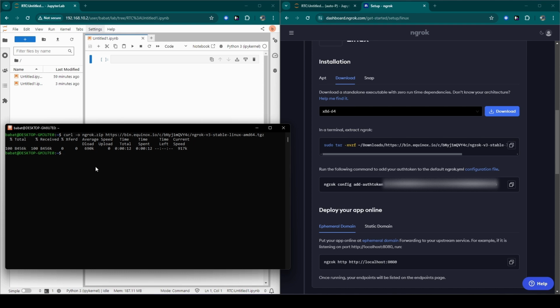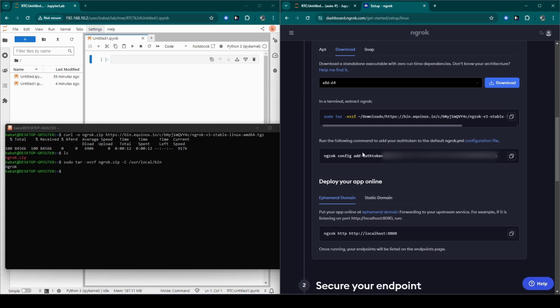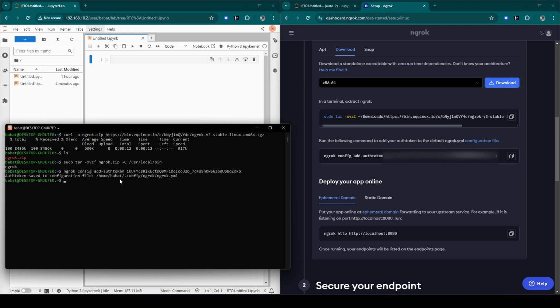After ngrok downloads successfully, we can check using the ls command. Now we have ngrok.zip. Copy and paste, and then delete this or edit it into ngrok.zip and press enter. Now we can copy our token and hit enter.